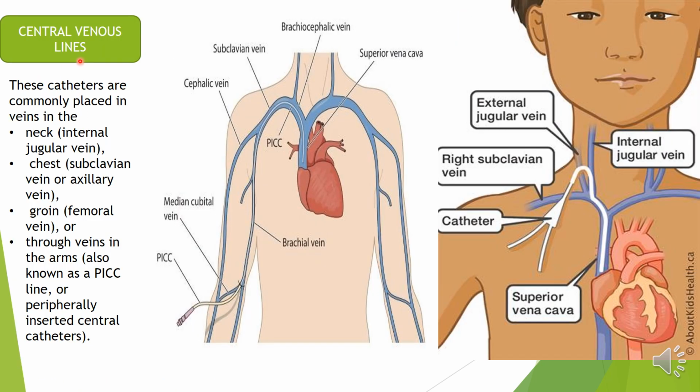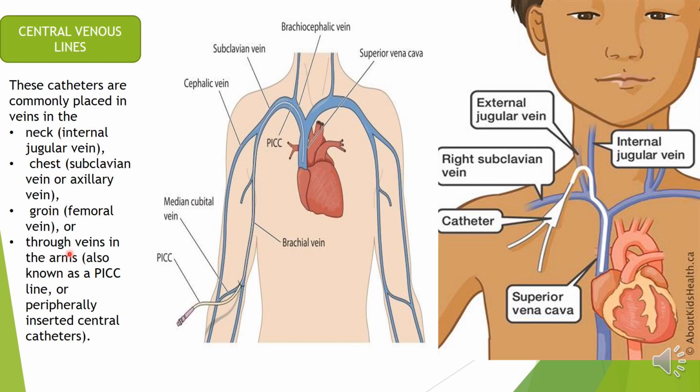So far we have discussed peripheral IV access: upper extremity, lower extremity, umbilical vein, and scalp vein. Let us see about the central venous lines. These are catheters commonly placed in what are called central venous catheters. These are catheters commonly placed in these veins: the internal jugular vein in the neck, subclavian or axillary vein in the chest, femoral vein in the groin,